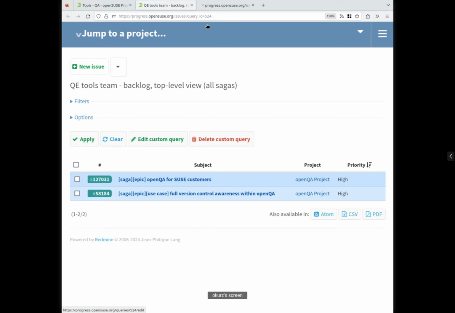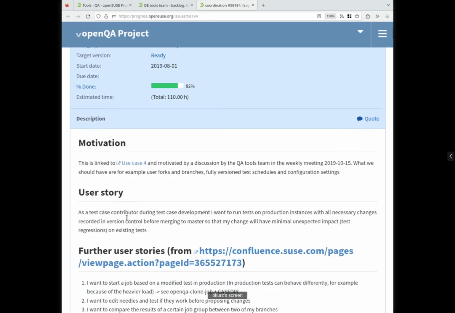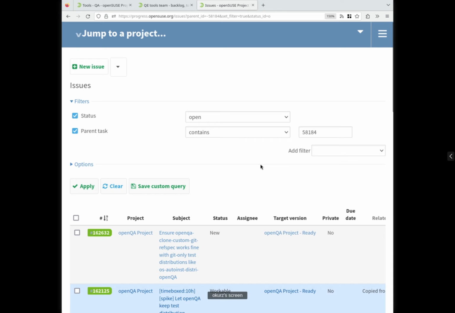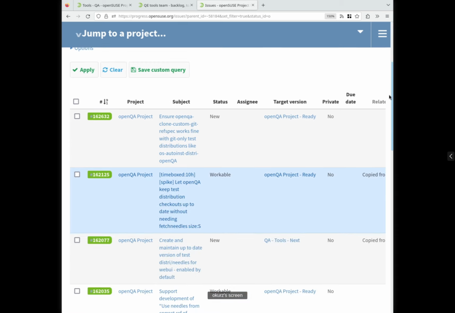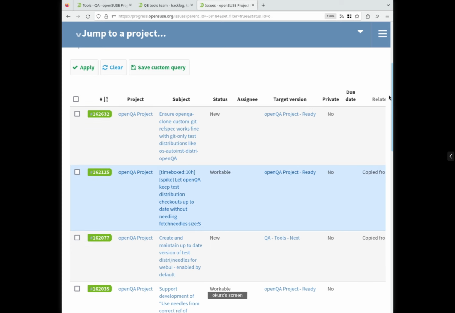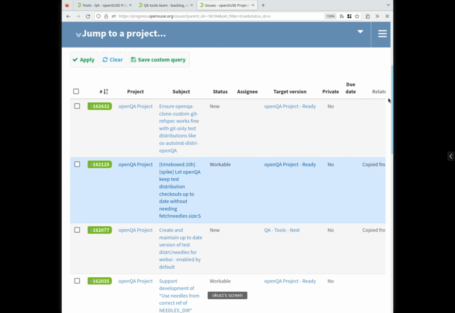Now if you check that saga and take a look at how many tickets are still there, there are 13 tasks. And I hope that we are not really adding many more tickets to that. We might want to split some of the still outstanding work, but more or less it should be feasible to resolve that saga in the upcoming weeks.